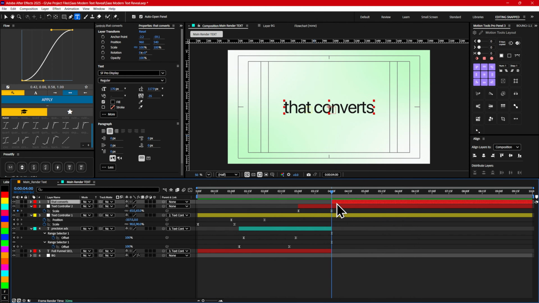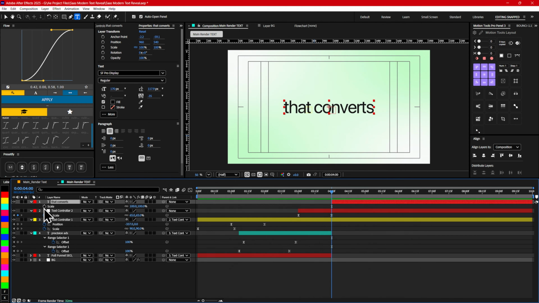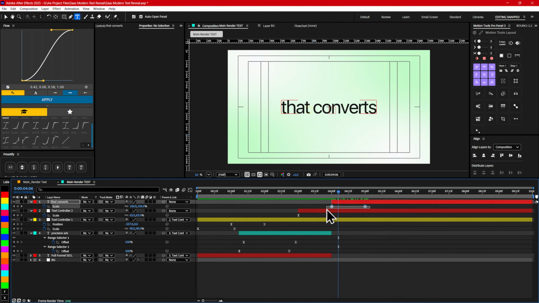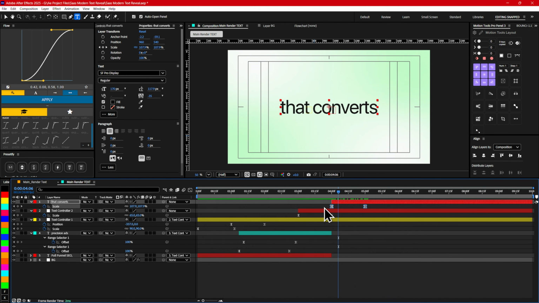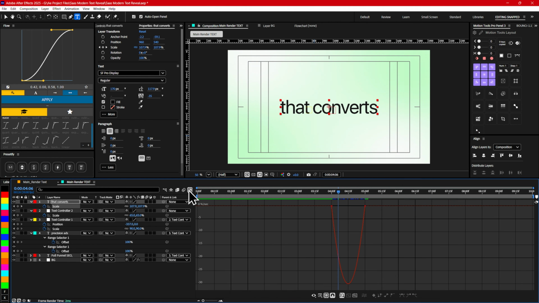Now you have to make a perfect transition. So select your text layer, hit S to open the scale property, make a keyframe on scale, and just increase the scale a little bit. Let's set it to 110 pixels. Move 5 frames forward and just get back to the scale as 90, I think. Now your perfect transition. Now select your keyframes, hit F9 to apply ease, and go to the speed graph editor,